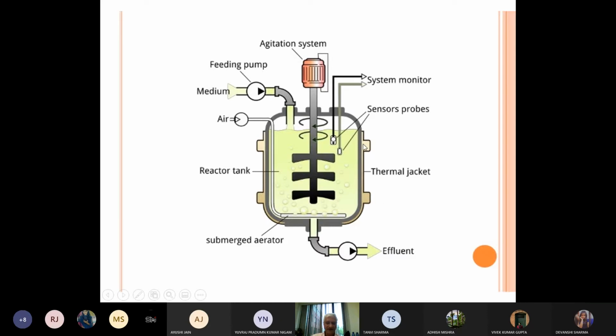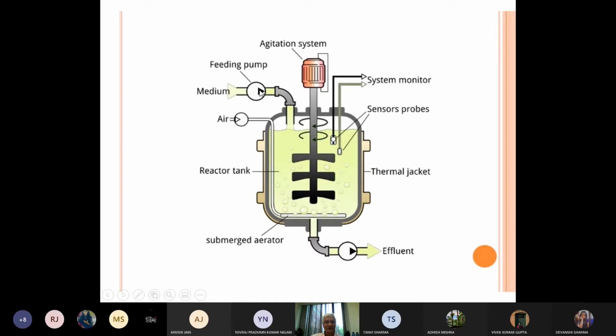I'll start with the top agitation. No, I would start with the feeding pump. Can everybody see a medium? Yes, sir. A valve here. This is called the valve, correct? Which is open or closed. This arrow thing which you see is called a valve. If it is on my right it is in open condition, and if it is on my side or your side, then it will be closed, correct?